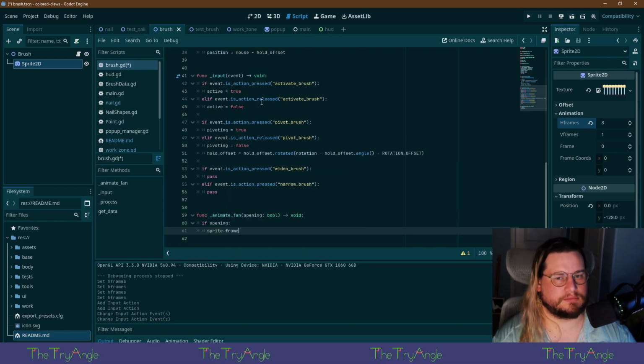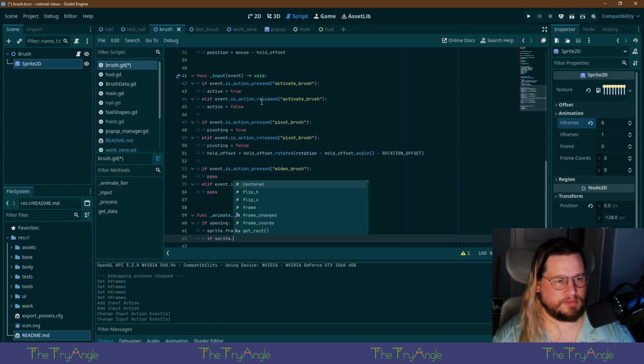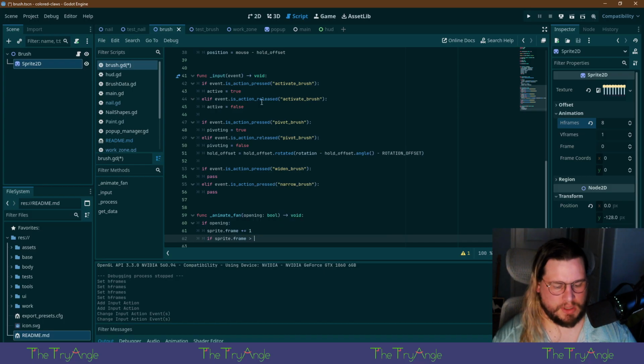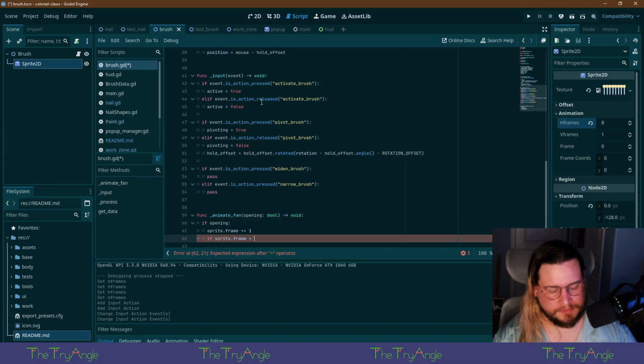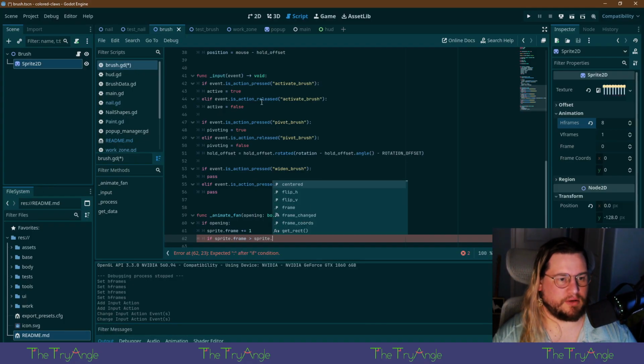Frame +1. And then we got to check to make sure if our frame exceeds the H frame count.